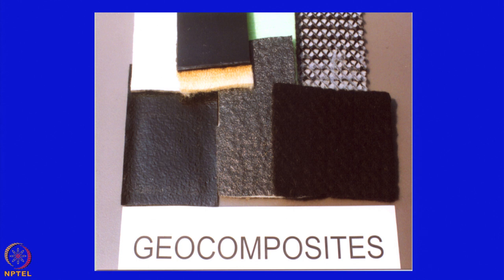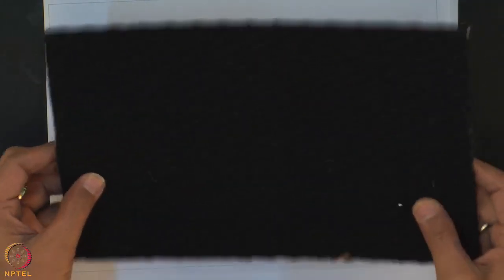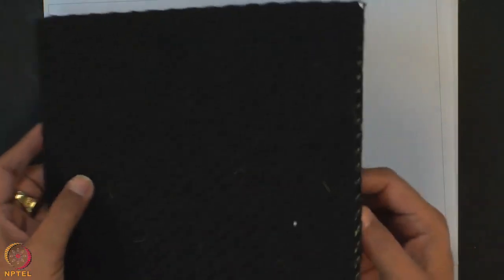And this is the geocomposite material. All the materials I told you about, that is geotextile, geomembrane, woven and non-woven geotextile material, geogrid, any combination of geogrid, non-woven, geogrid, woven material is a geocomposite material. Geonet or the non-woven geotextile material also is a geocomposite material. I will show you some of the geocomposite material. This is the geocomposite material. Okay, this is non-woven and the geonet material and the non-woven. So this is the geocomposite material.